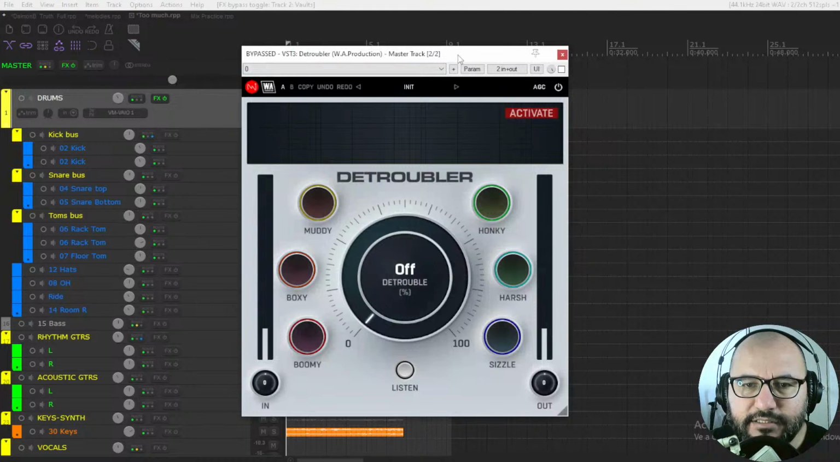Let's check out the next plugin in this list. This is the brand new plugin by WA Production, the Detroubler. This plugin is meant to attack conflicting frequencies that will automatically detect on any instrument, even on full mixes, like